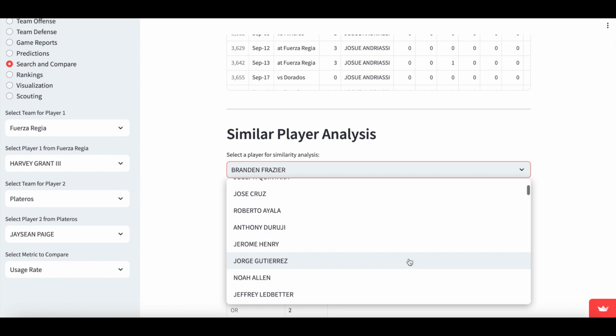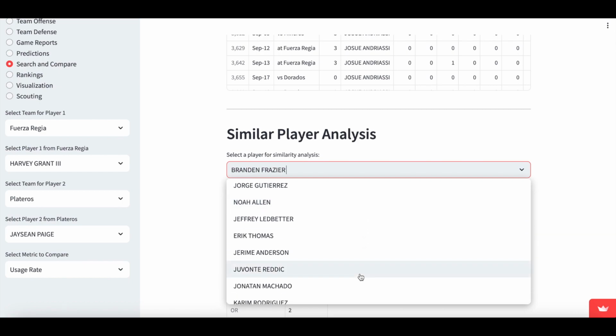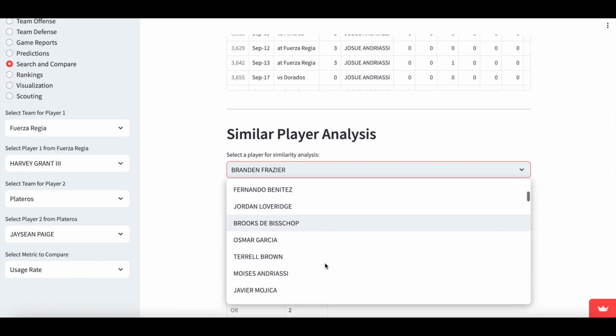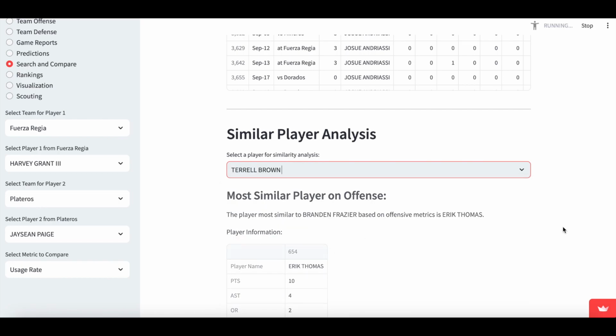Here you can see all the players from the league, not only from your team, but the entire league. And let's say Terrell Brown. So you select Terrell Brown,